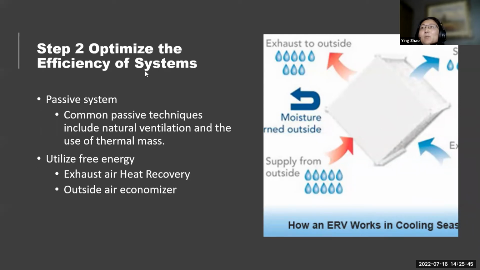Step 2 will be to optimize the efficiency of the systems. Typically, we think about the passive systems, the common passive technologies like natural ventilation and the use of thermal mass, and we also definitely want to utilize free energy, like exhaust air heat recovery and the outside air economizer. This picture shows exhaust air heat recovery, which recovers the exhaust air from inside the building and uses that